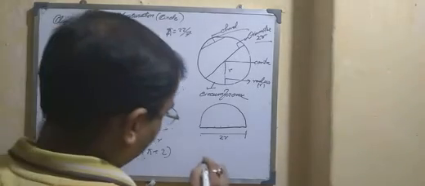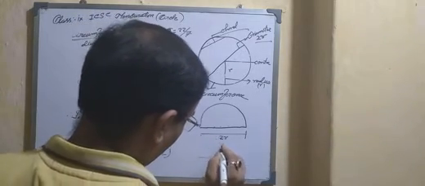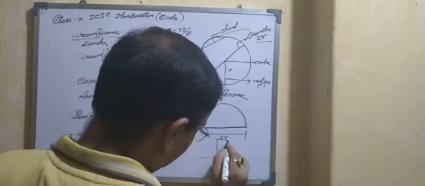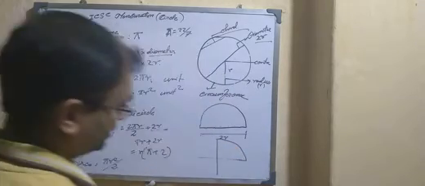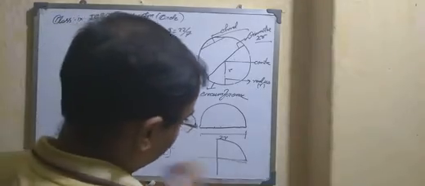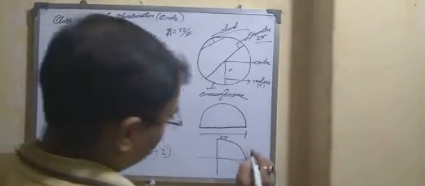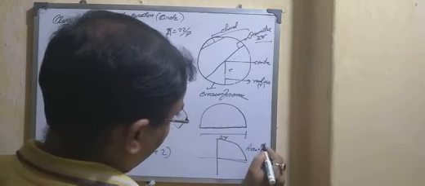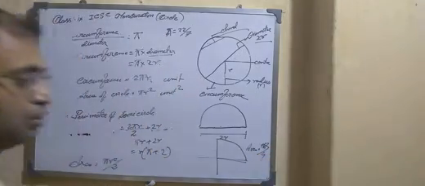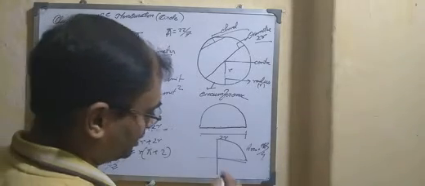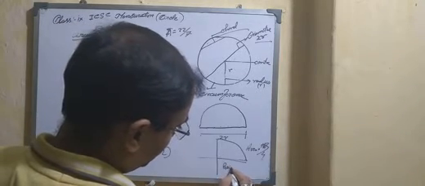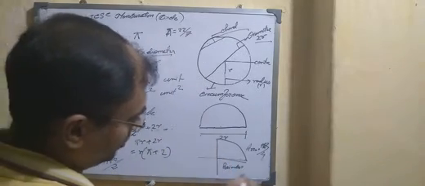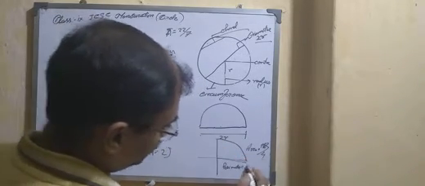This was semicircle, but for the case of quarter circle, okay, 1/4 of a circle. For this case, area equal to pi r square by 4, but for the perimeter, the full circumference was 2 pi r. For this case it is 2 pi r by 4,